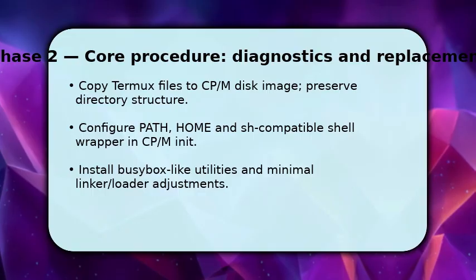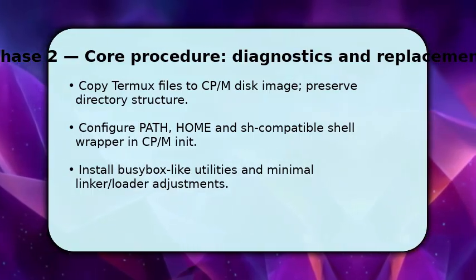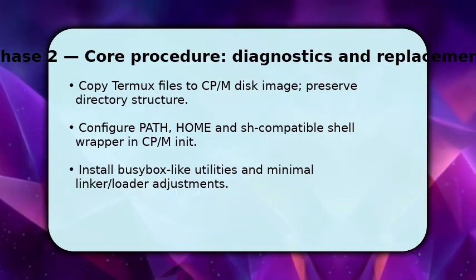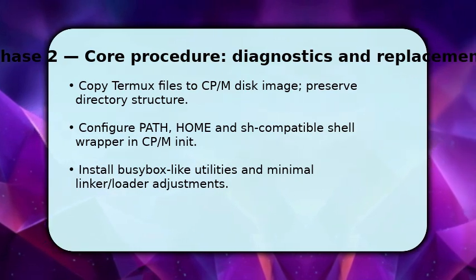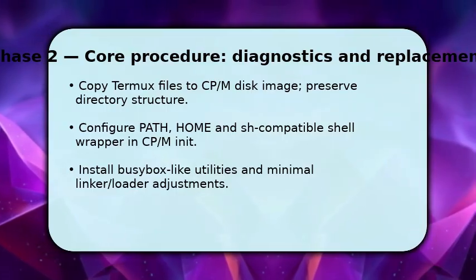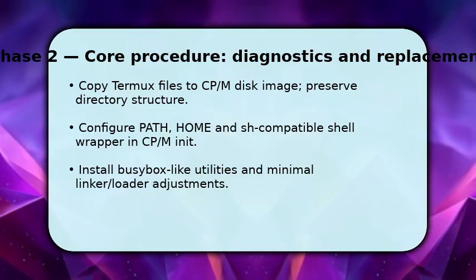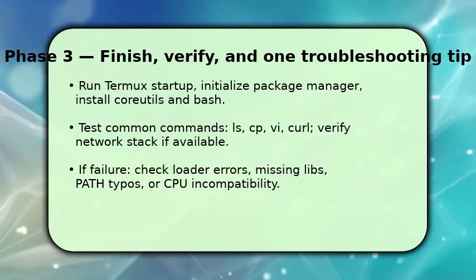Next, place BusyBox-like utilities and adjust the loader or linker stubs to resolve shared libs. Make sure file permissions and executable flags match CP/M expectations so the runtime can launch reliably. Finish by starting Termux in CP/M, initialize its package manager, and install essential packages like coreutils, bash, and a text